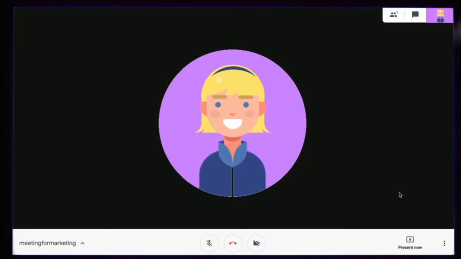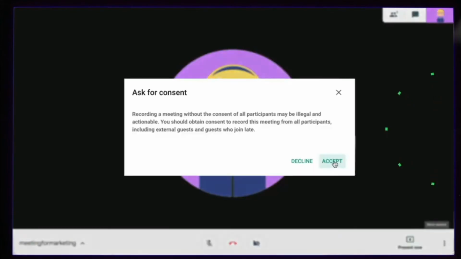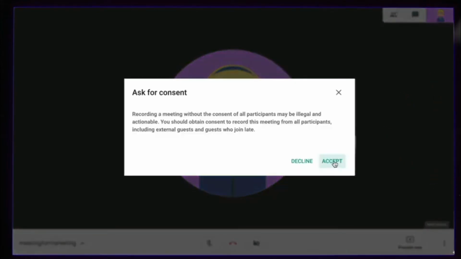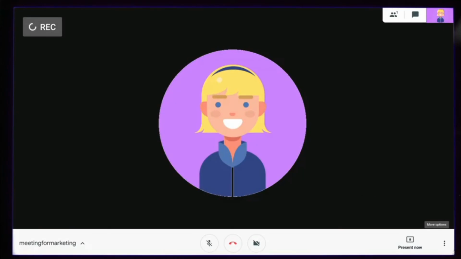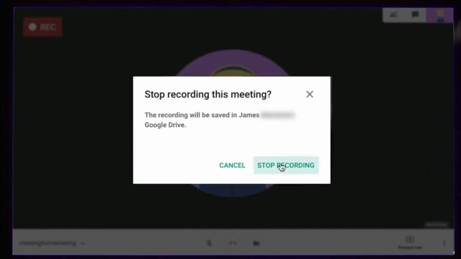Now the fifth feature is that you can directly record this meeting. Just go to the 3 dots and click start recording. It will notify all the participants in the Meet. The recorded file will be stored directly in your Google Drive account, whichever you are linked to, and the link to it will be mailed to your personal email address. So Google has really worked on that.